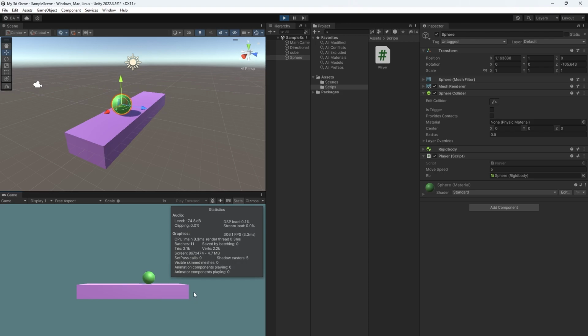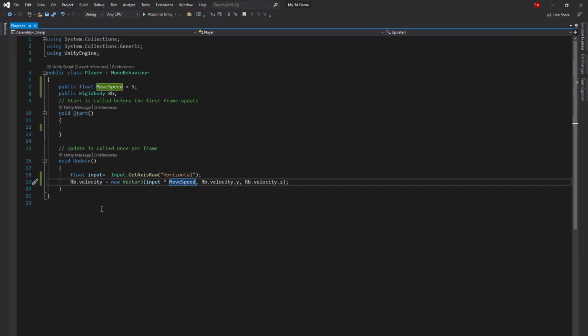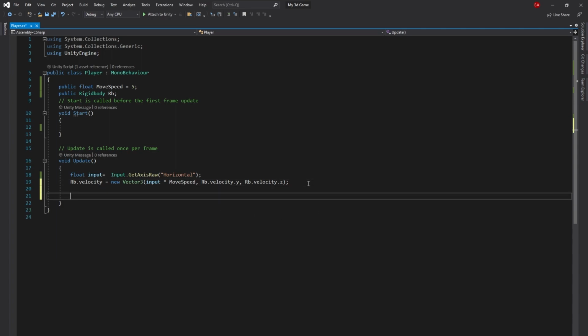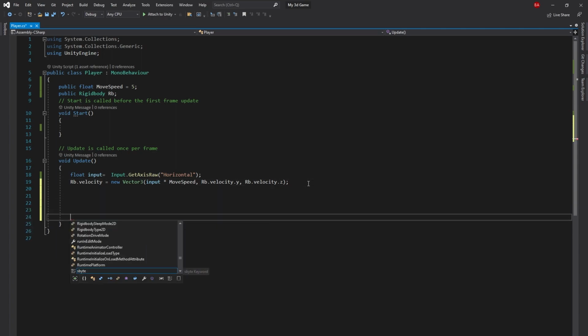So I hope the input is clear to you, and let me show you how we can jump as well. By the way, we can use force as well, but in our case I think it is fine. Okay, now let's see how we can add a jump in our game. For adding a jump we definitely need input, so I will use my space button. Using the Input class, if you want to get any key of your keyboard,